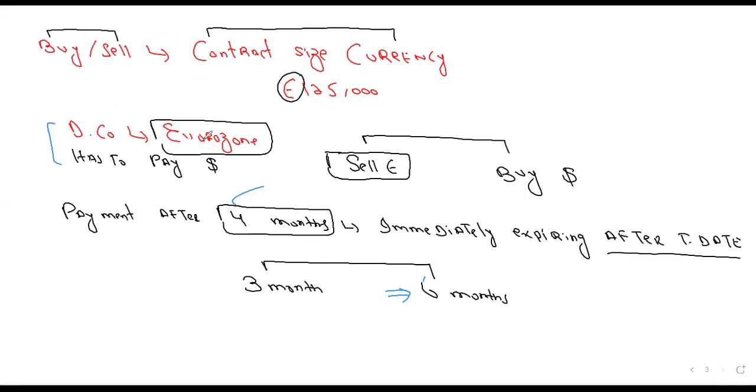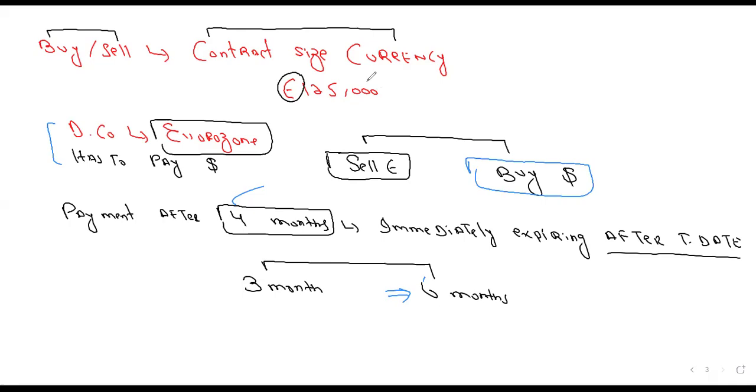As the D company is in the Eurozone and has to pay dollars, the D company will go to the bank, sell the euro and buy the dollars, because the dollars have to be paid to a foreign supplier. So our contract size currency was the euro. As we are selling euro, we will sell future, because the criteria always depends upon the